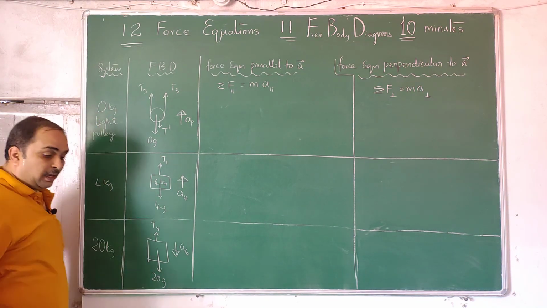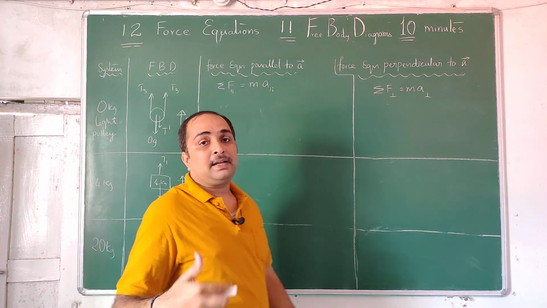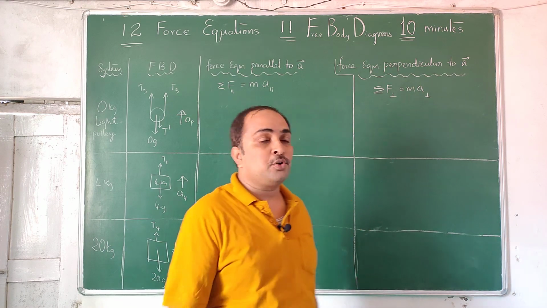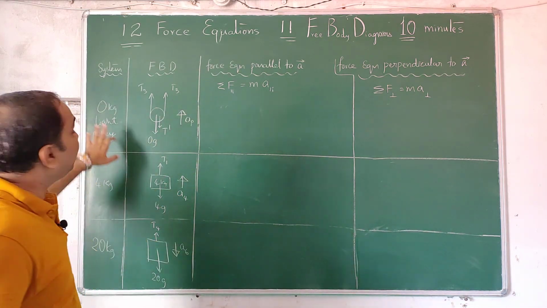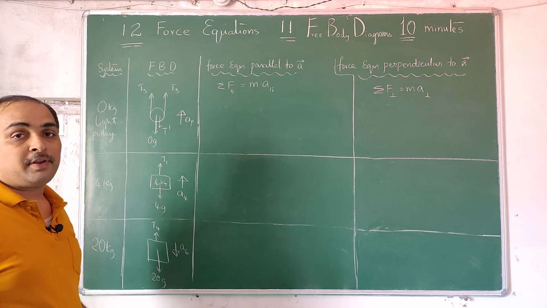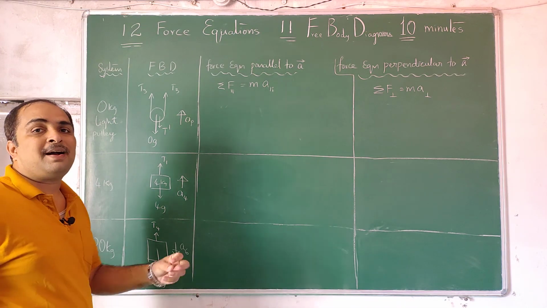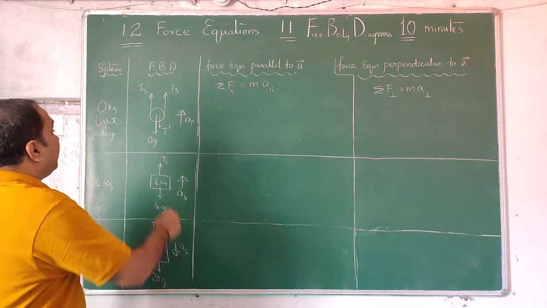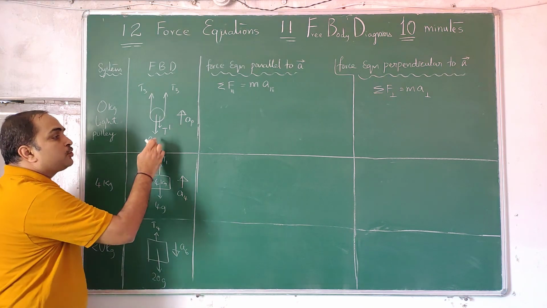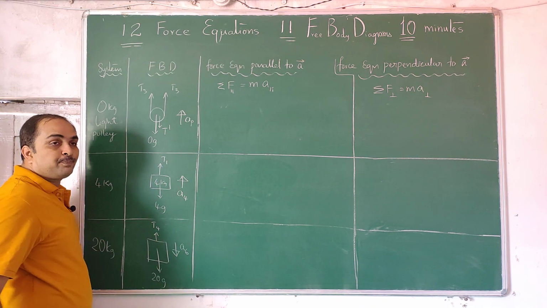But again, light doesn't mean the light we think of, lightness and heaviness. So light pulley or massless pulley. Better to use light pulley. If you are not comfortable, use massless pulley or a pulley of low mass. We have taken 0 g. Actually it is 0.00001 g, like that.